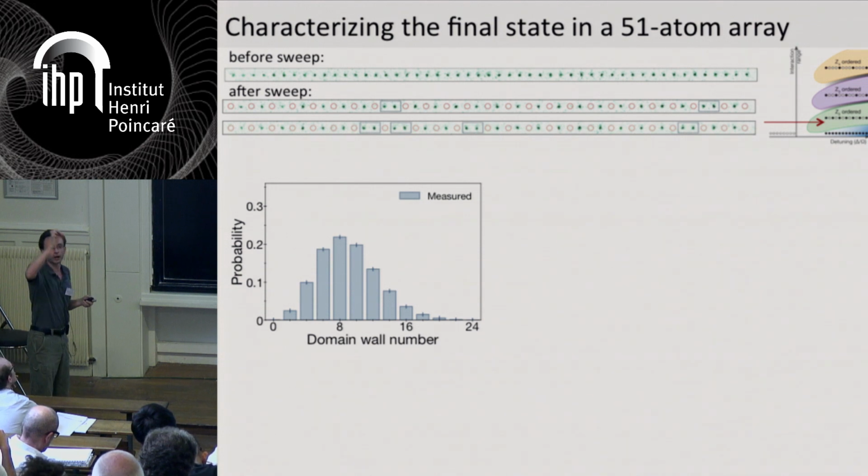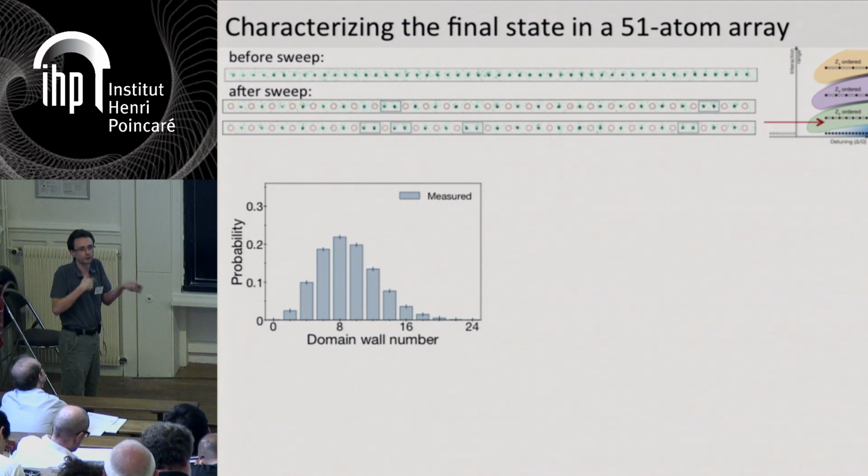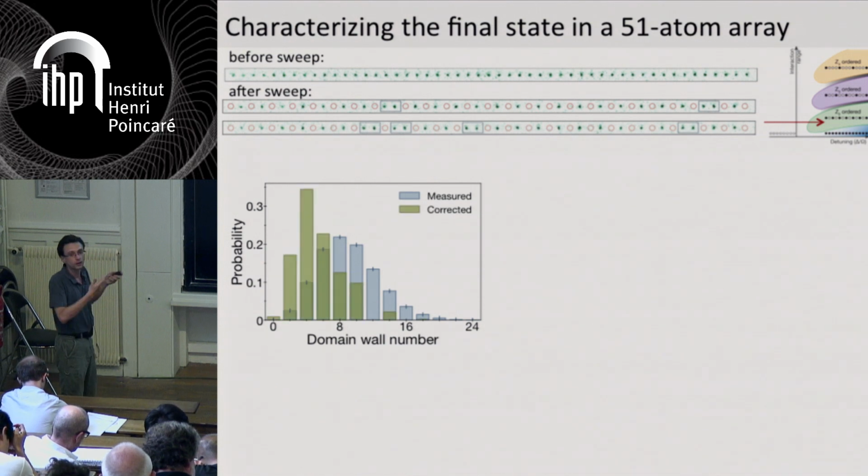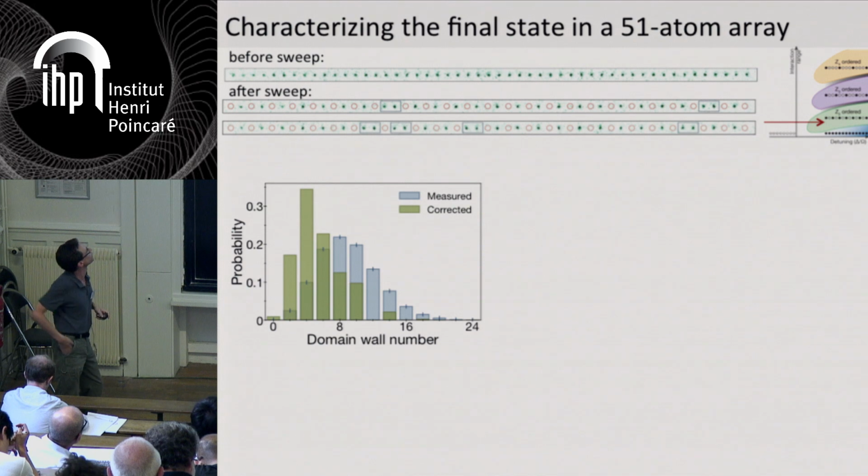And conversely, a Rydberg atom could decay because it has a finite lifetime. It could decay back to the ground state and be recaptured by the traps, and so that would be a false positive. So we have false negatives and false positives, but we can characterize them very well. And so from this kind of histogram, we can use a maximum likelihood reconstruction algorithm to compute a parent distribution given the known limitation in our detection fidelity.